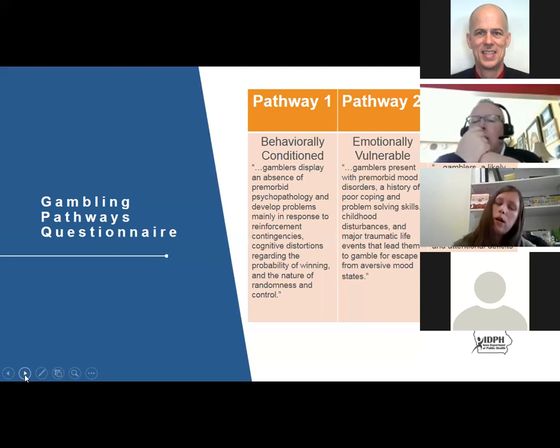When the authors originally did their paper, they thought it was a subset of pathway 2. I saw Leah Nauer at a conference last year, and she said that they now think it's a distinct pathway. But there are similarities between some of the issues with pathway 2s that you'll see with pathway 3 people as well, which is why they thought it was a subset at the time that they published the paper. But pathway 3s have